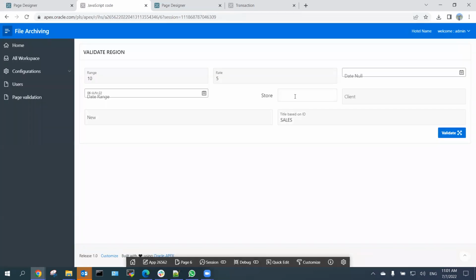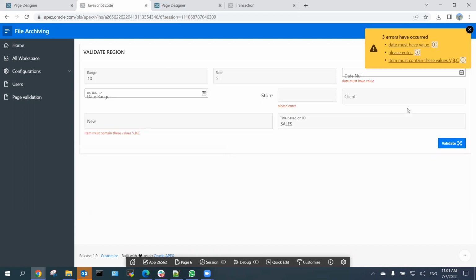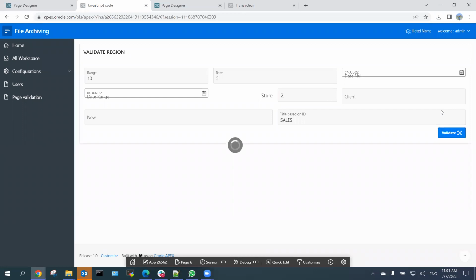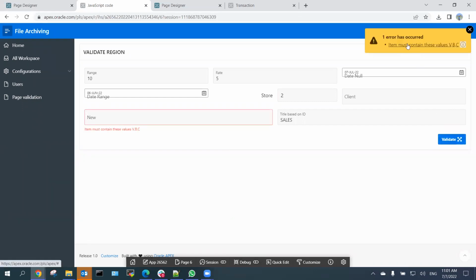If store is null or not null, it should check client also if it's null or not null. So let's, please enter the store date, it must have a value. This one should be checkable also. This should have a value, right? You see, this is called